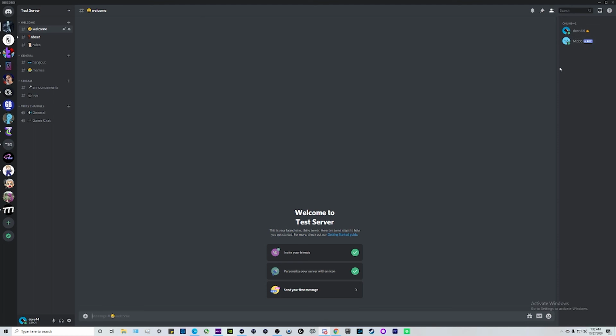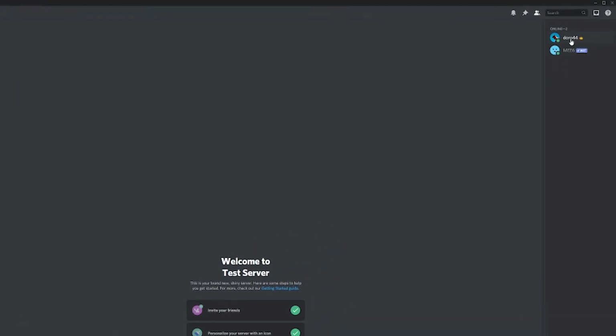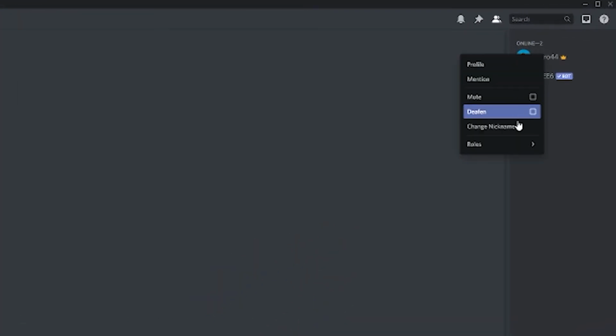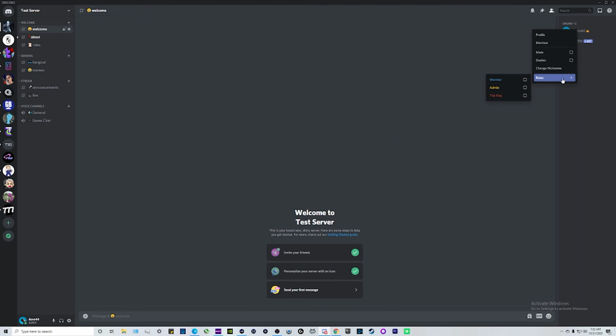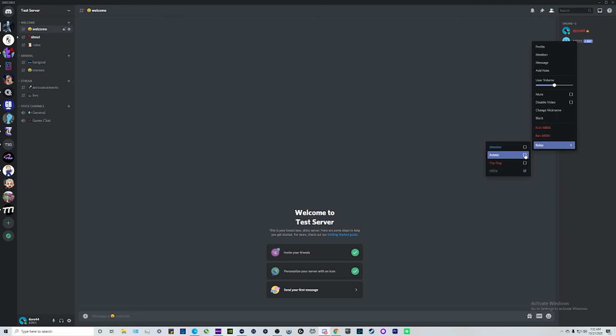Now, before we do anything else, I forgot to mention, you want to right-click on yourself and click on roles. And then you want to assign roles to yourself and your bot. You're not going to have to assign roles to individual members yet because MEE6 is going to do that for us, which is why earlier I said don't invite anybody just yet so that it makes the setup process easier. So for yourself, just set yourself to top dog or whatever you had named it. And then for MEE6, it's going to need administrative permissions. MEE6 needs to be above the regular member role. So we need to set this one as admin.